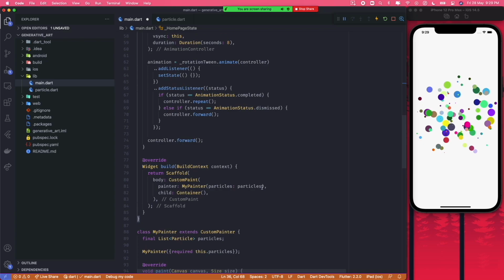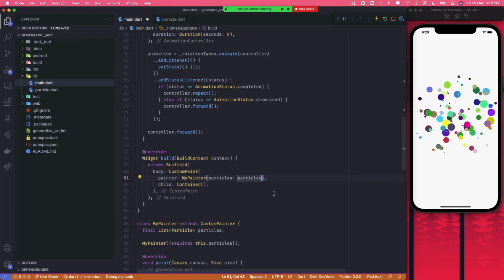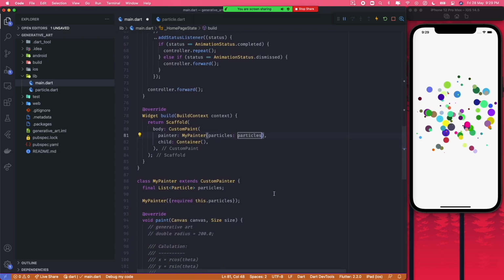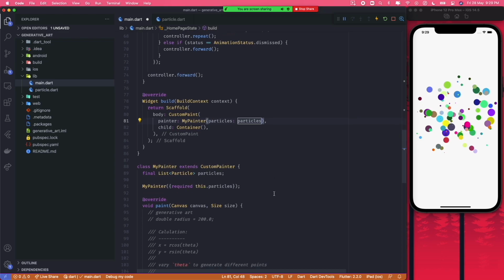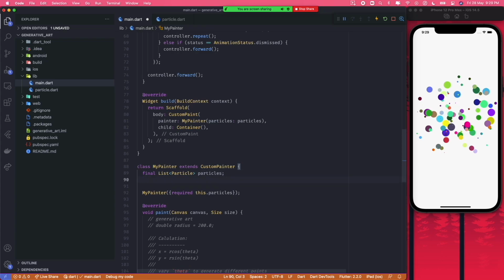And let's pass this value to this painter so that it can use it to paint the particles at different points. So in my painter,